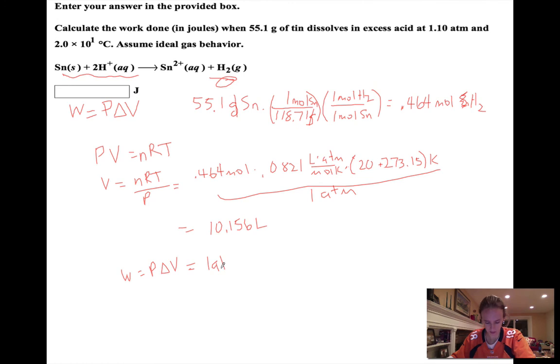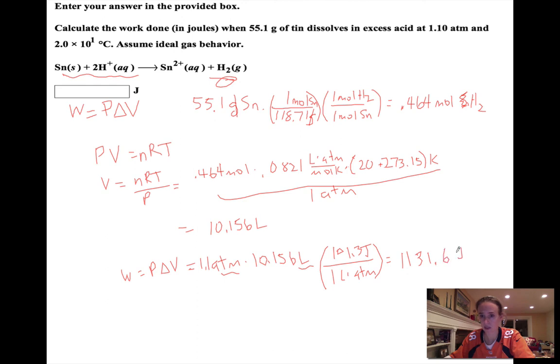And work is simply equal to the pressure times that change in volume. Pressure is 1 atm, or sorry, 1.1 atm, times that change in volume. And this gets us units of atm liters, or liters atmospheres. And those are energy units. As kind of contrary as it might sound, we went over it in class a while ago, but we can use the relationship that 1 liter atmosphere is equal to 101.3 joules, and so that gets us 1,131.6 joules of work